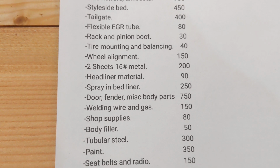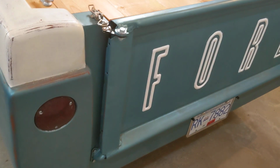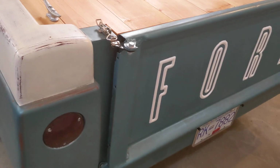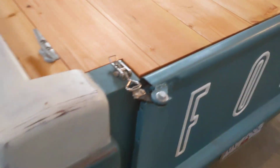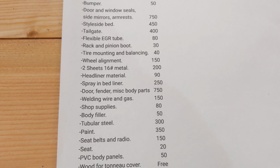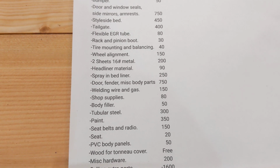There's a lot of patching on the cab and the floor and fabricating and stuff like that. The back of the bed here, the lower roll pan, and these sections here are all fabricated, as is a whole bunch of other stuff. So I went through 2 sheets of 16 gauge sheet metal, and they were about $100 each, so that was $200 there. Headliner I made out of fiberglass,